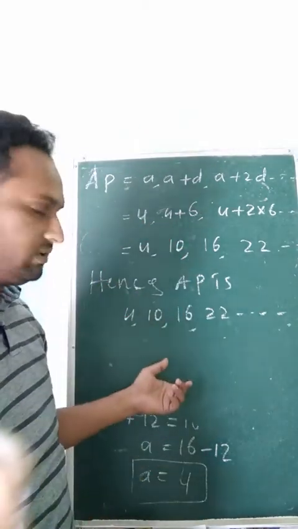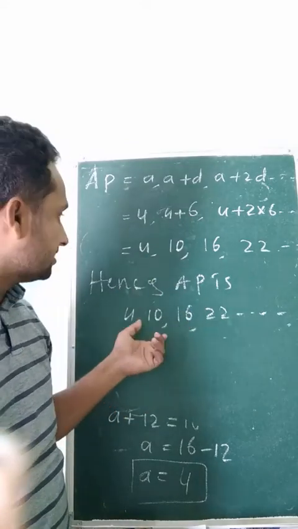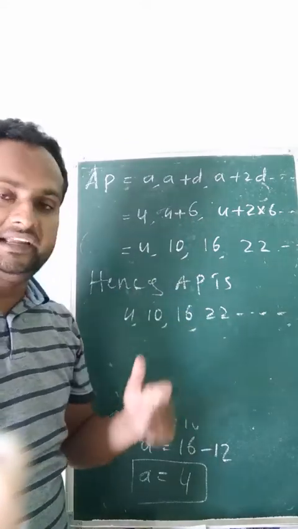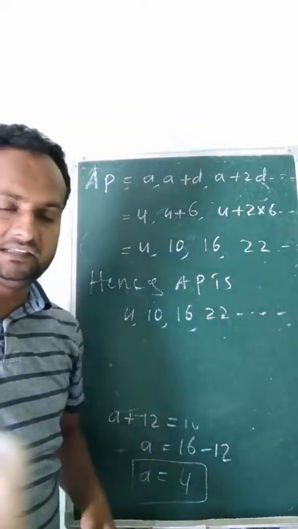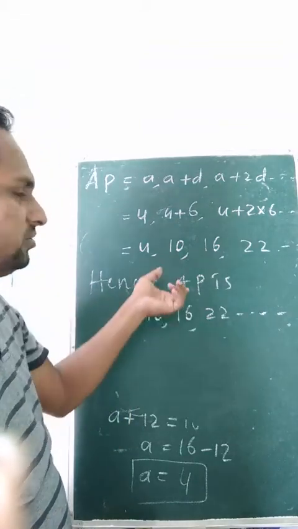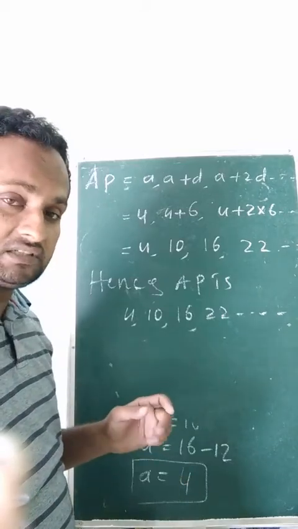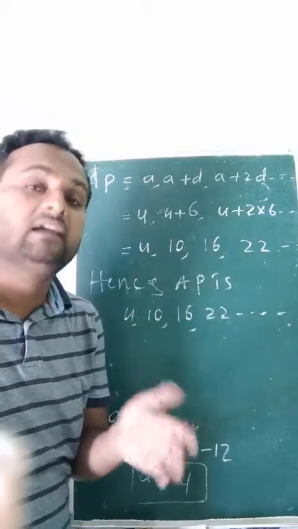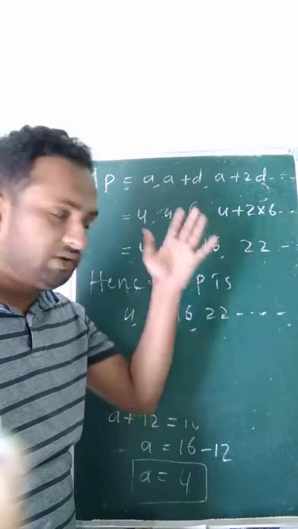I hope you understood. Now the next questions, number 16, 17 and 18, are the homework for you. 2 questions are homework. I will send that in the WhatsApp group, which is the homework for you. You have to see the questions, read them carefully. Then you will get the idea what they given, then what you can find, then how to find by using the formulas.